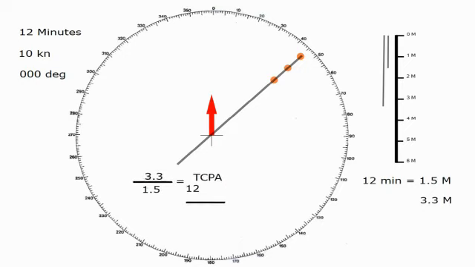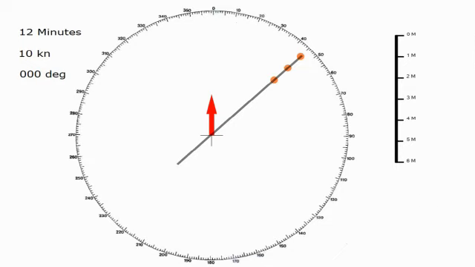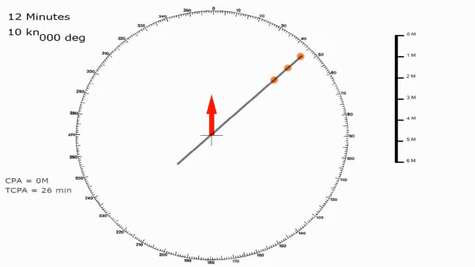All we do is move the 12 to the other side, simple algebra here, to find the time to the closest point of approach, and running that through the calculator, rounding off to the nearest minute, we get 26 minutes. We can start writing these down the side. So our CPA, as we've